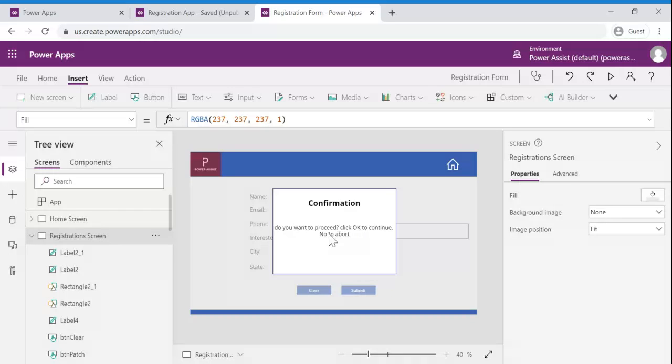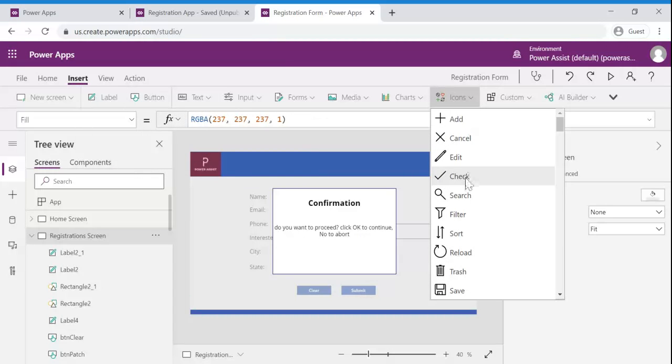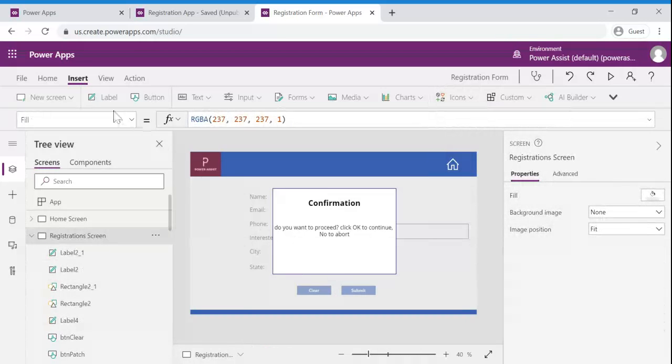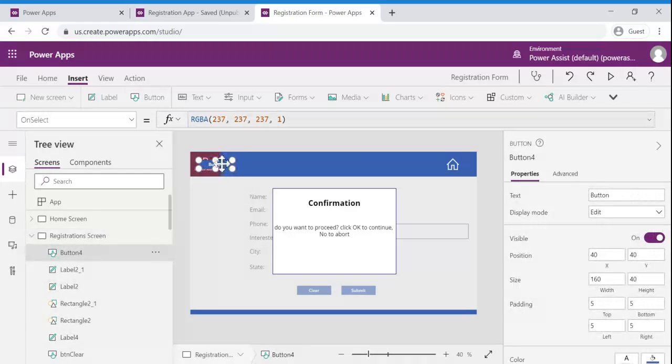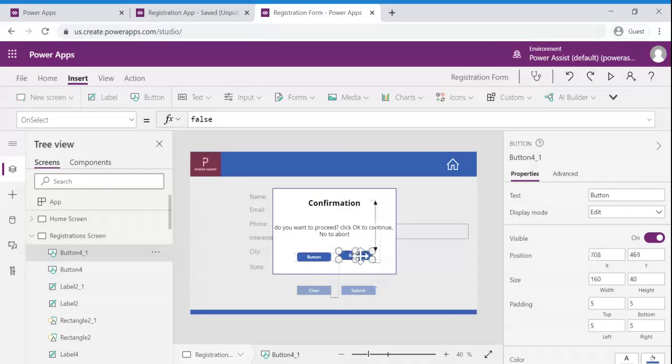So in order to let the user cancel this or proceed with further action, we need to add two buttons. It depends upon the requirement. We can go ahead and add the icons also. Since we updated the text as OK and No, let us add two buttons and update those as OK and No. I am copying the same button and pasting it here.